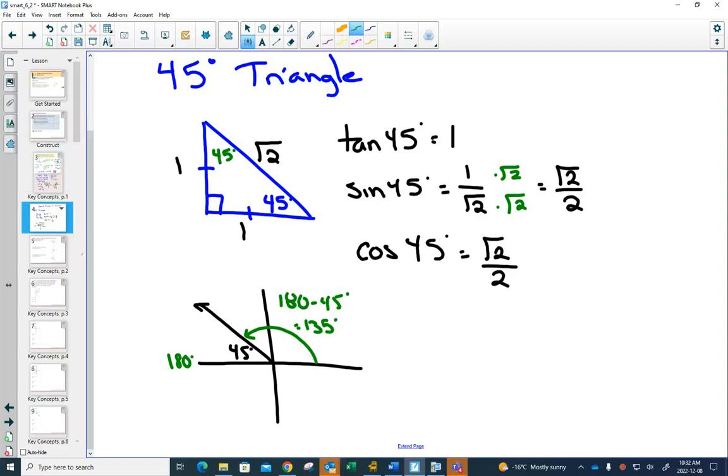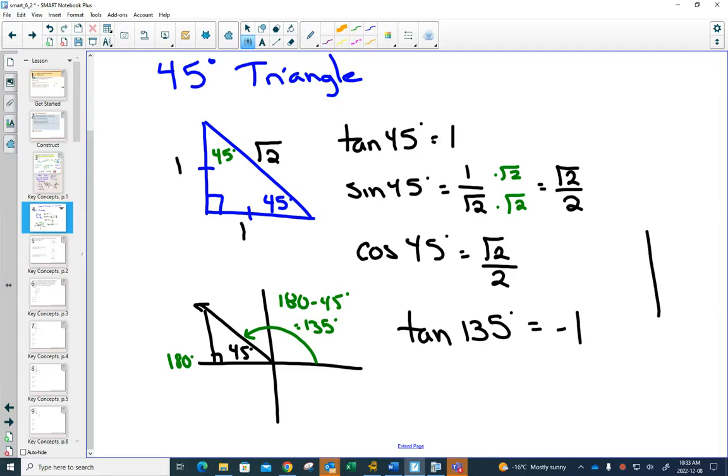And this is where the power of the reference angle comes into play. Because you can do tan of 45 degrees is equal to 1 without your calculator, you will also be able to, without your calculator, do tan of 135 degrees. Because tan of 135 degrees makes the same triangle as the 45-degree triangle. And since you know tan of 45 degrees is equal to 1, tan of 135 degrees is going to equal